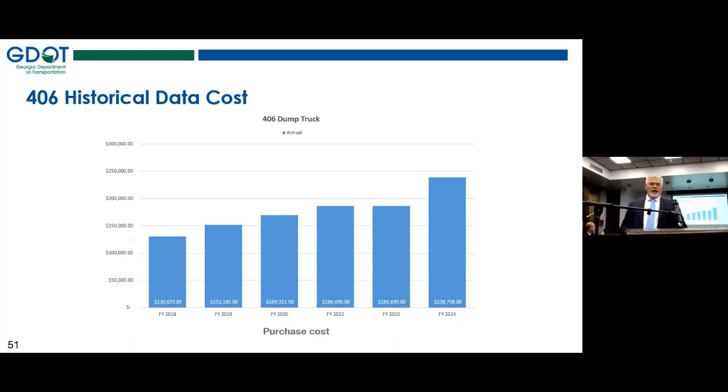There we go. So, 406s. A 406 is a prefix we use. That's our dump trucks, our tandems. That's the meat of the DOT of our equipment. Tandems are what we've got to have. We've got to have them to do everything. And you'll see in 2018, they were costing the department around $130,000. Up to date, they're